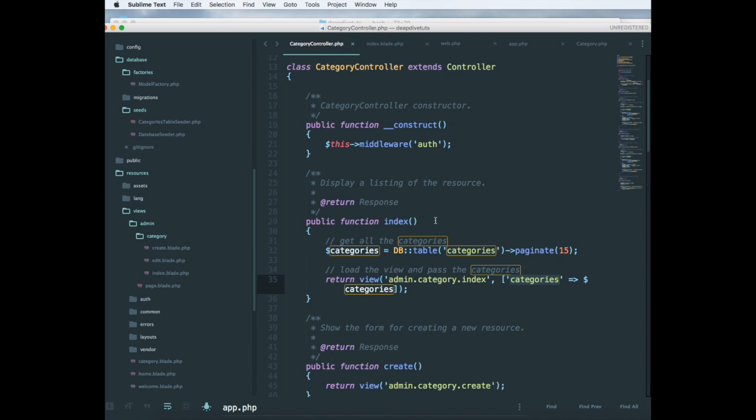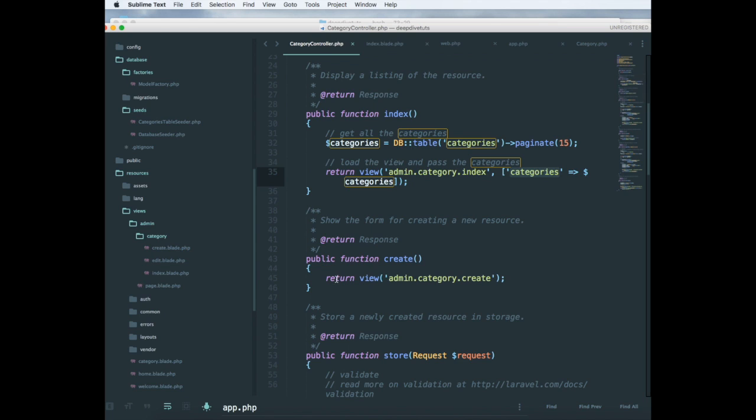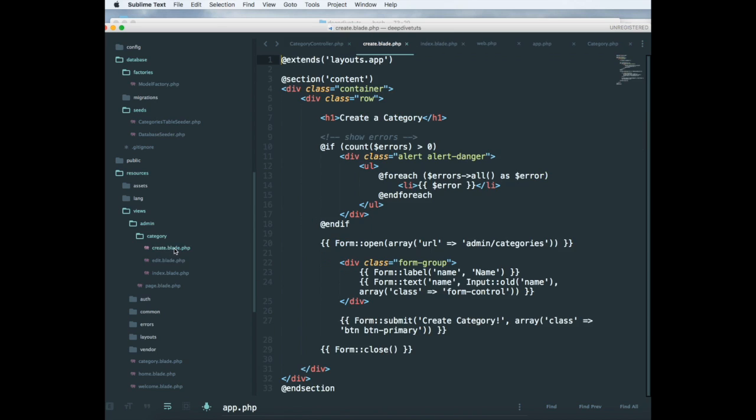The next thing I'm going to show you is the create functionality. Create will not be much code. It is just redirecting to the admin category create Blade template. So once you're over here,